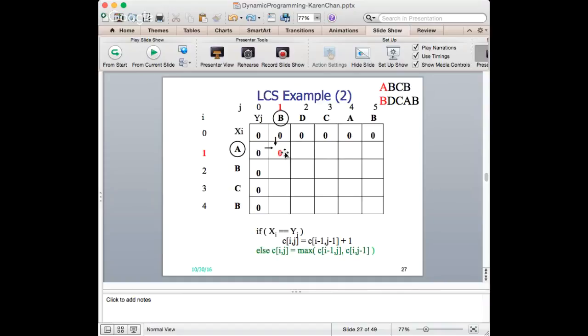The next one. Next one is B and A. Are they the same symbol? No. So we find the maximum value between these two values. They are both 0, so we write a 0 here. Then for A and C, they are not the same symbol. So we find the maximum value between these two, and they are both 0, so we write a 0 here. Then next is